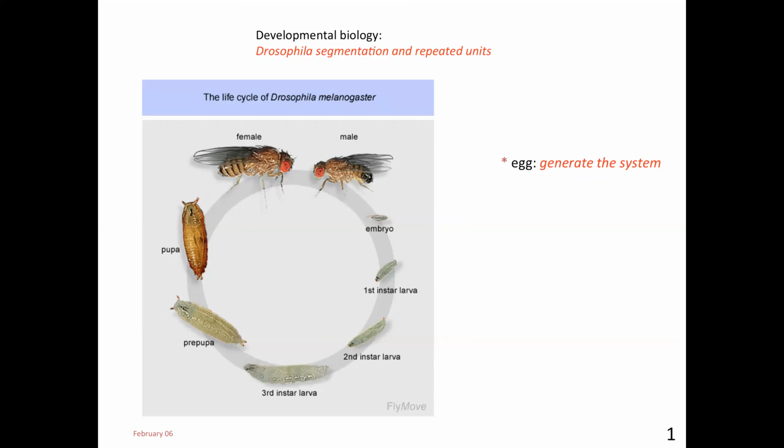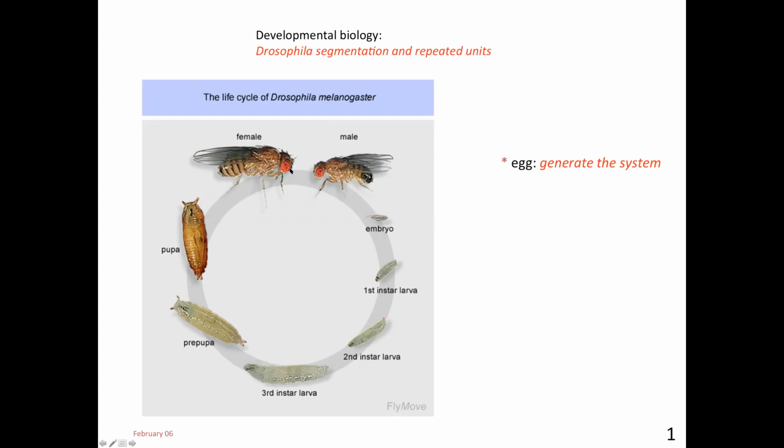And I think that if one could understand how one can make a fly, then you can start thinking of building other complex systems, because even if it's a fly, it's quite difficult, and when you see how it develops, it's not that simple. Okay, so this slide shows the life cycle of Drosophila, and you have a male and a female fly here,